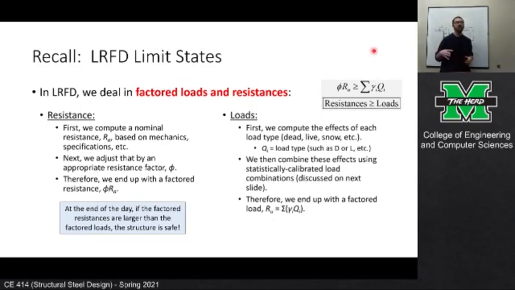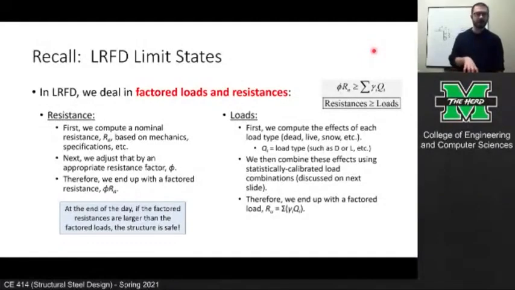I mean, like 1.2 dead plus 1.6 live, we'll be using it all semester. A nominal resistance times a phi value, using it all semester. The formulas for nominal resistance might change. The individual values we use for phi might change. Sometimes we'll use 0.9. Sometimes we'll use 0.75. There's an instance with slip, or shear yielding, where we can use 1 for phi, and it just depends on the particular limit state that we're looking at and the